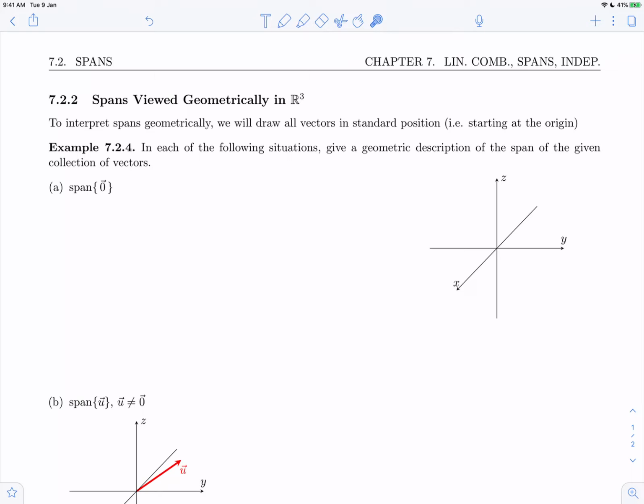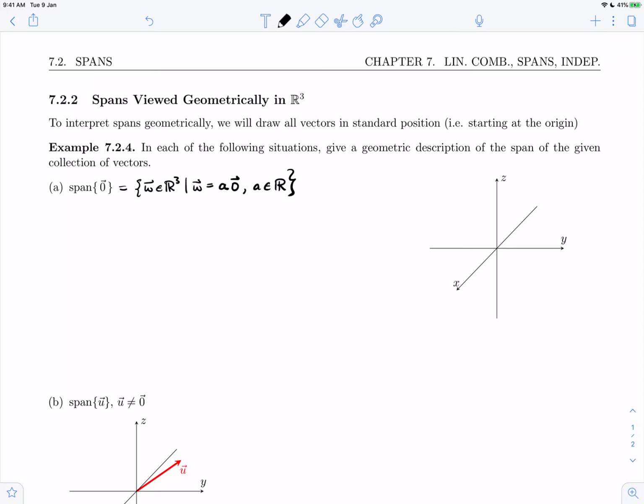Okay, so let's begin with example 7.2.4, and we're asked in each of the following situations to give a geometric description of the span of the given collection of vectors. So with part A, the span of the zero vector, we have to remember what span means, and span is the collection of all vectors in three-dimensional space that can be expressed as a linear combination of the collection of generators. And a linear combination of a single vector, we have to remember, is a scalar multiple of that vector for any